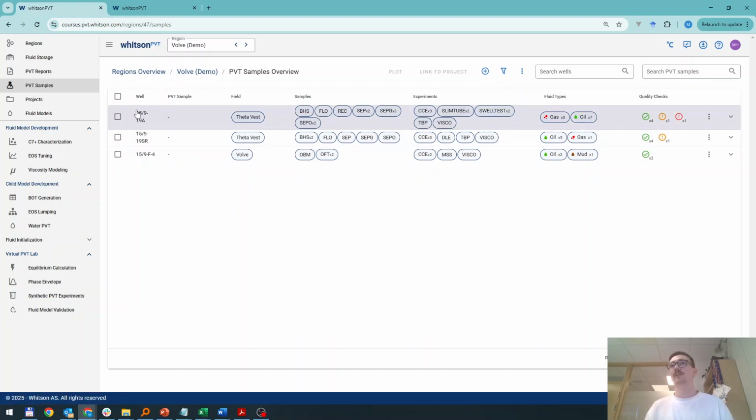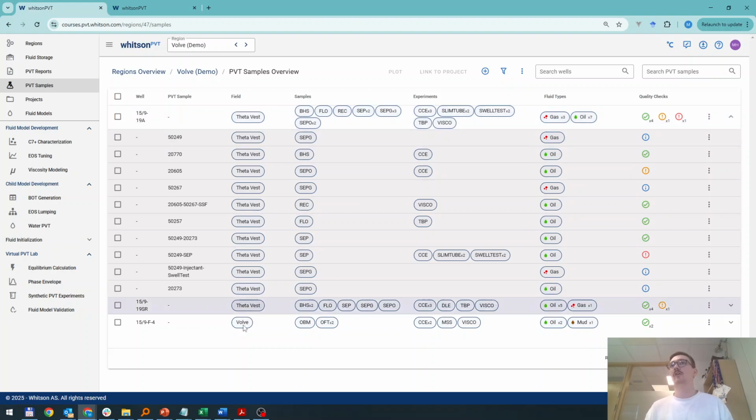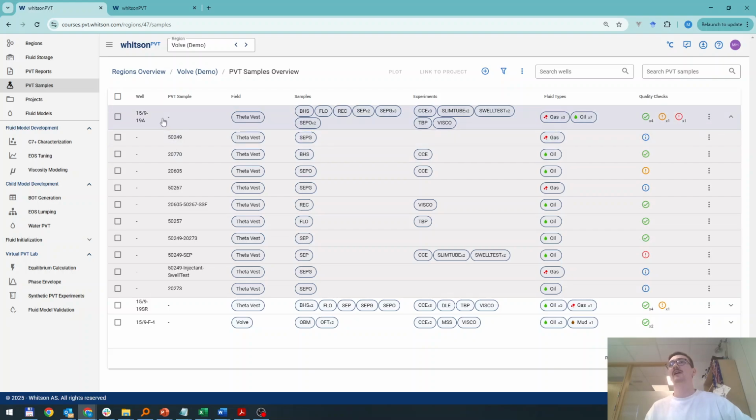And what you're met with here is an overview of all the wells that are in this region. If you click on one of these wells, then you're going to get a drop down of all the samples that are inside of that well, and that's highlighted by the fact that the shading is slightly darker. So you have the well name here, and all of these samples with their sample names are inside of this